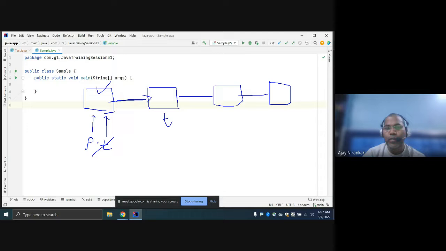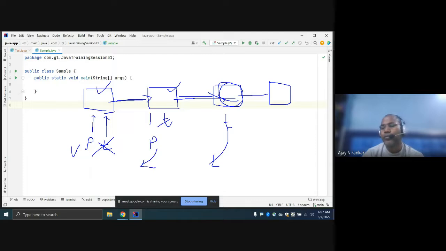don't move the P. P should stay there. When you check it is still not null, then you jump to here. Before jumping to next, you also move P to here, and T jumps here, right? So when you find this node, then if you return T you return the current node, and if you return P you return the previous node.